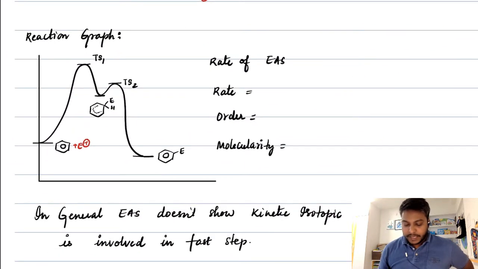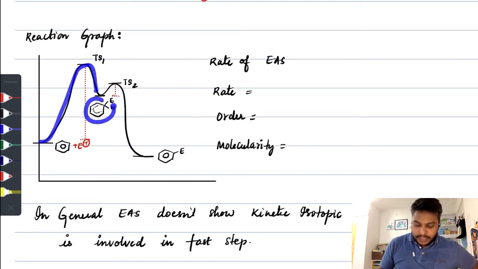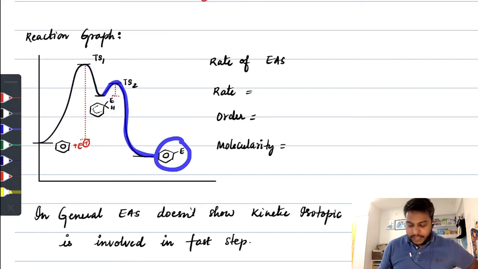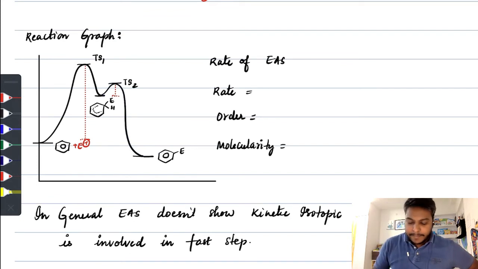Okay, students, let us see the graph here. So the graph gives a lot of understanding about how the electrophilic aromatic substitution is happening. Now, from here I can say that the first step will have high activation energy. You can see this will have high activation energy here, while the second step usually is always smaller. In the first step, from here to here, an arenium complex is forming. And from the arenium complex, finally, we are getting the product, which is the electrophile-substituted benzene.